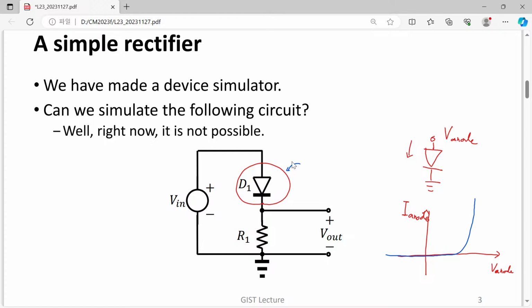However, can we simulate this entire circuit having a voltage source? Yes, that is possible. However, with the resistor here, right now it is not possible, and what we want to do is consider both of them simultaneously and get the solution. Of course, this circuit is not that difficult, so first of all, let's just qualitatively understand its